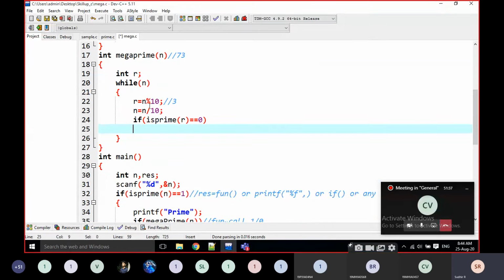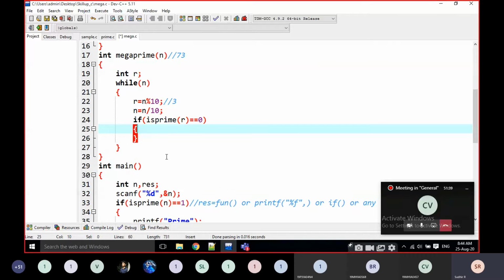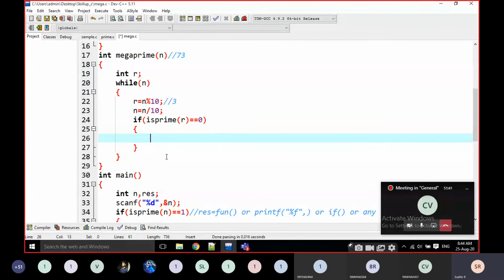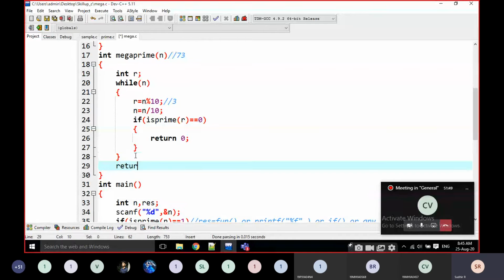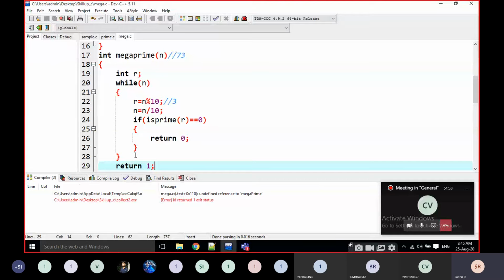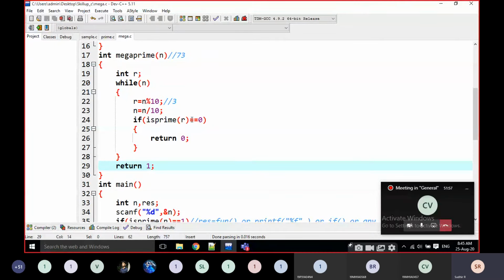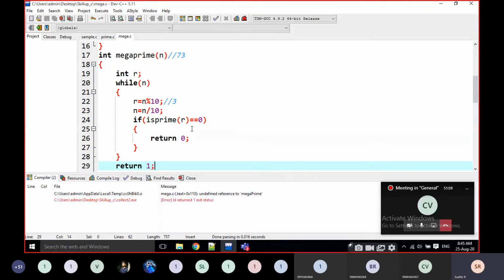That means it is not a prime, right? That means I am going to return 0 here. If all the digits are prime, then I am going to return 1 here. For example, if I am going to execute it, just wait. What's that error? Not a problem.